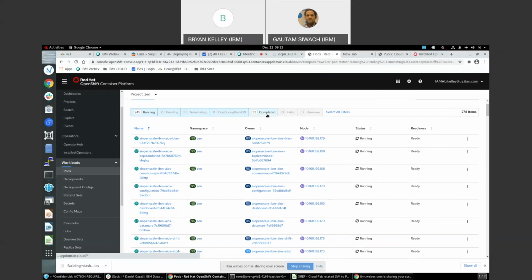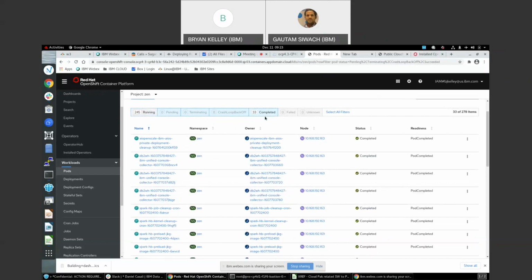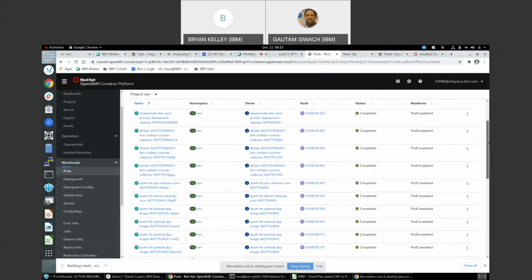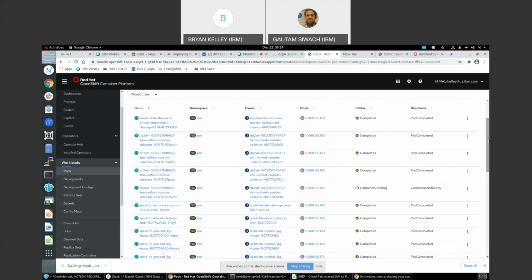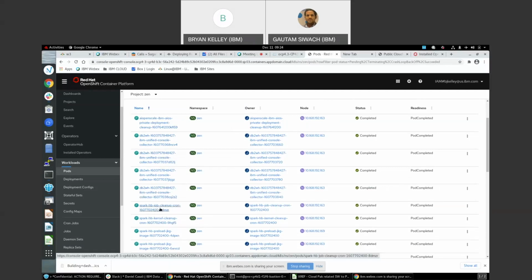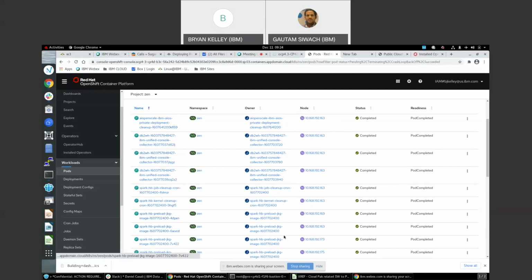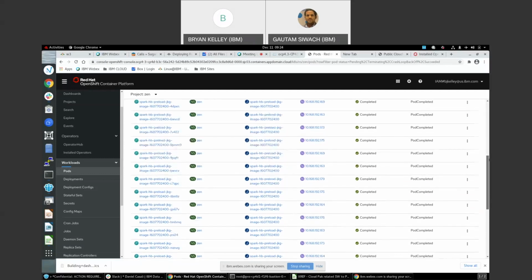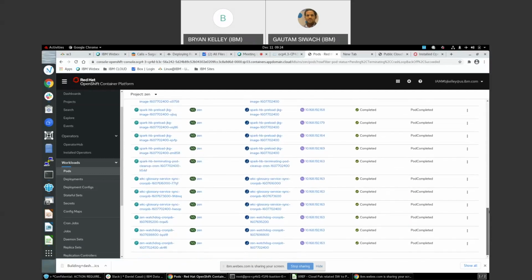Let me go over some real quick over here. We'll take a look at some of these. Depending on your release, you may have a different little screen here where you get to set the filters. This is currently a 4.3 OCP with Cloud Pak for Data 3.01 installed. So here's OpenScale, a DB2 warehouse, Spark, another Spark, and as you see, there are lots and lots of containers here that have completed. Those are okay because they're probably pending